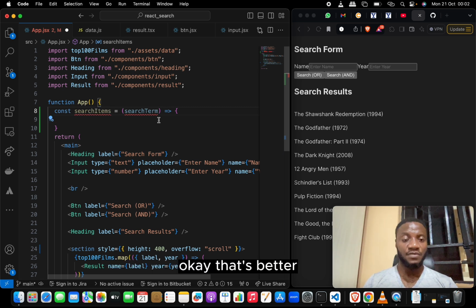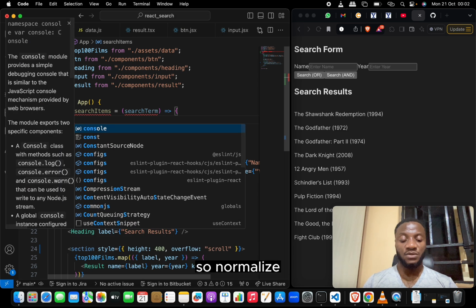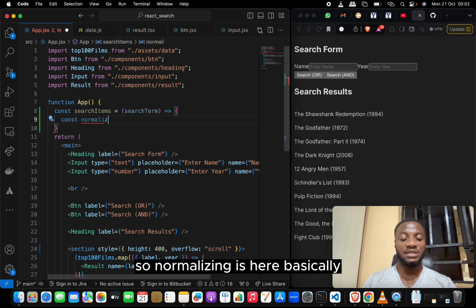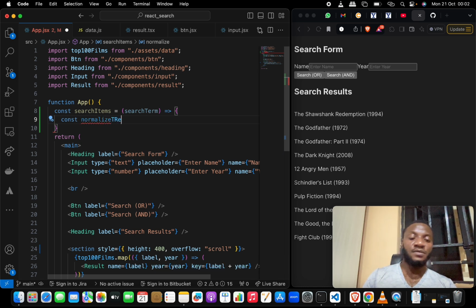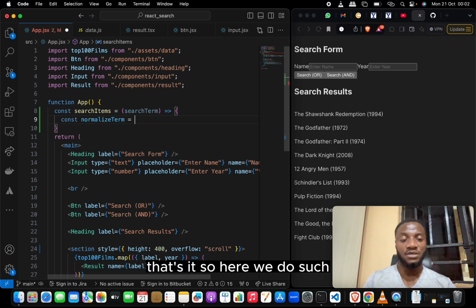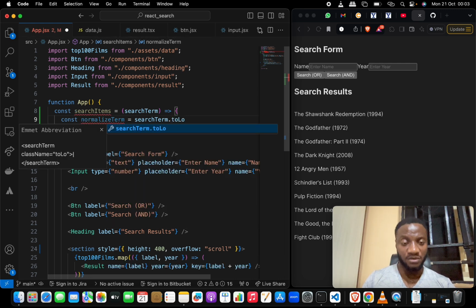Okay, that's better. Now inside of here, the first thing we want to do is to normalize. So const normalize. Normalizing it here basically is to make sure we get rid of all white spaces. That's just it. So here we'll do searchTerm dot, let's convert it to lowercase